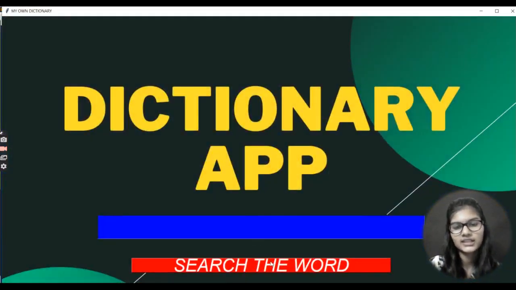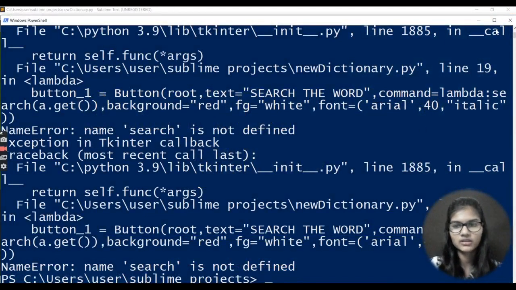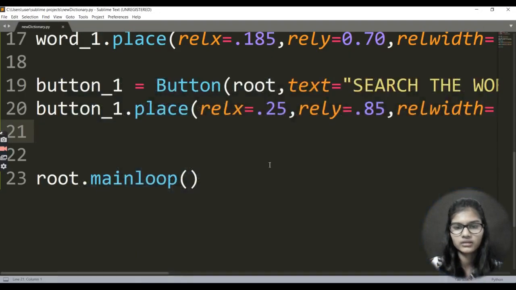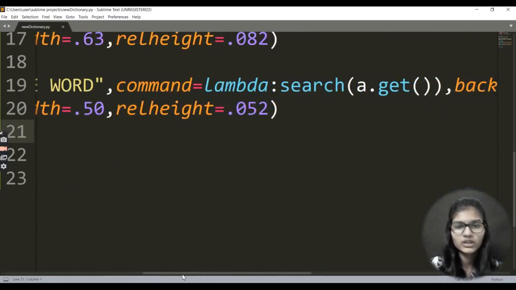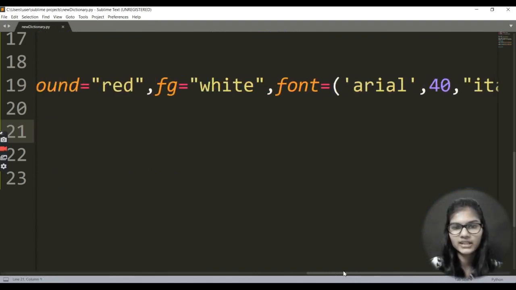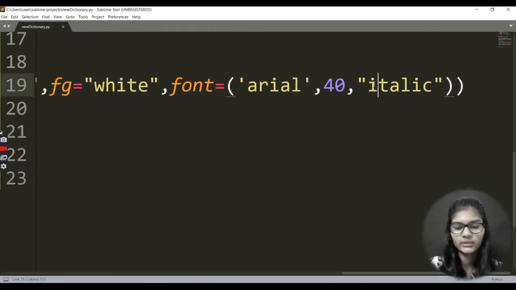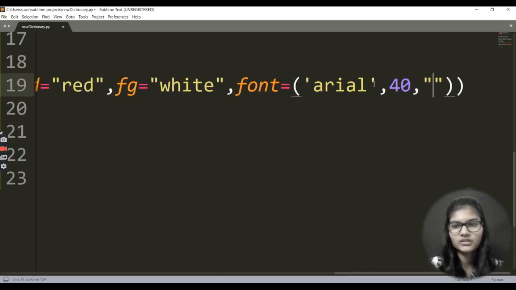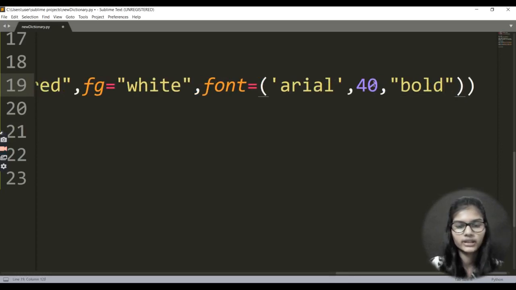Just have a look, here I got it, the search word, and I hit enter, so it is basically working, right? But what I'll do first is close this and make it bold, because in italic it's not looking that good. The previous error came because we hadn't given any word here, which is why it was giving me that name error. As soon as you give the word, it will not give you any error. So it is bold here, right?